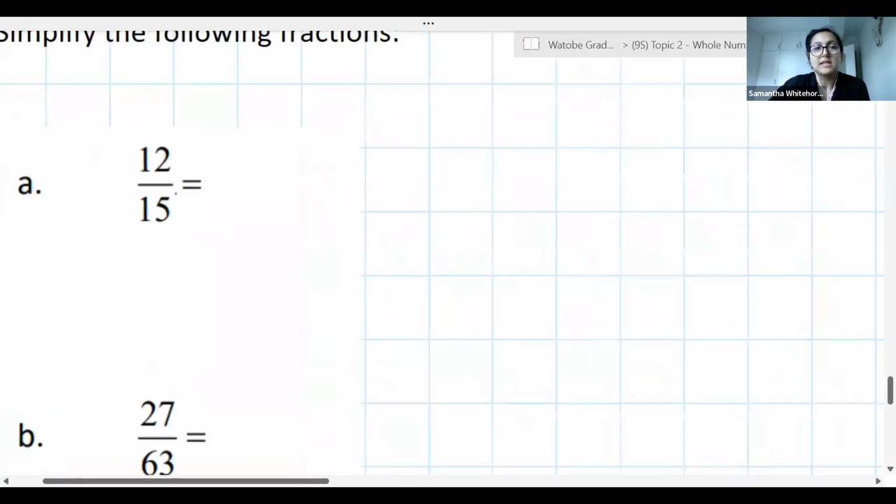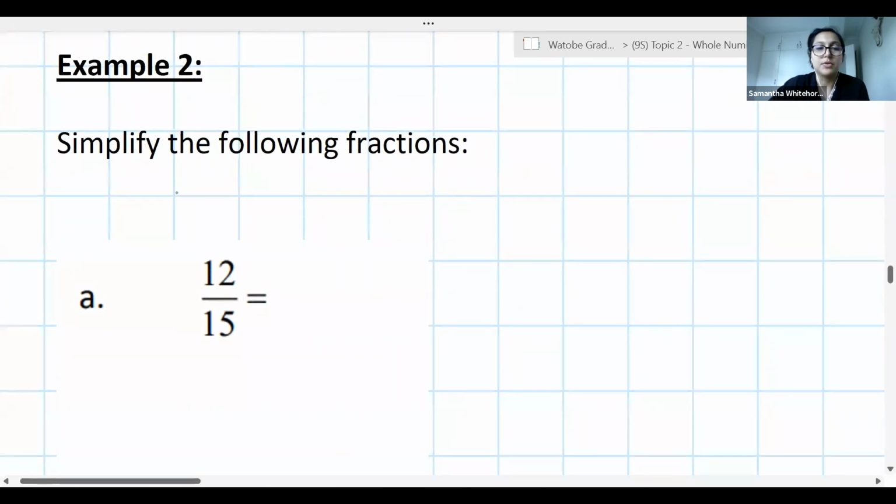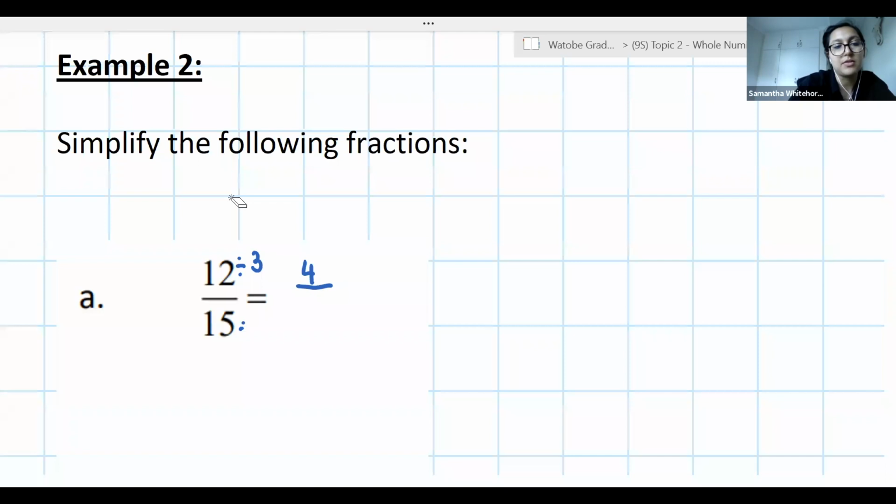So when looking at simplifying fractions, we have to follow quite a similar thought process to what we just did for equivalent fractions. But we want to now ask ourselves, from 12 and 15, what number can I divide into both of them in order to make it simpler? So if I look at 12 and 15, I can divide both of those by 3. If I divide 12 by 3, I get 4. And if I divide 15 by 3, I get 5. Now, I can't divide 4 and 5 by any number again. There's no number that divides into both of them without a remainder. And so I have